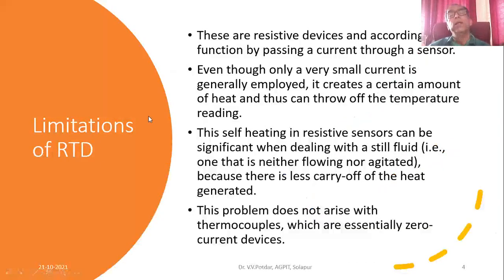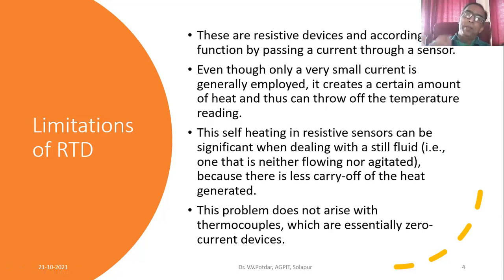There are, however, some limitations of RTD. These are resistive devices, so they require some external circuitry for measurement of temperature. Even though only a very small current is generally employed, it creates a certain amount of heat, right? When I supply some supply voltage, the current starts flowing in the external circuit.